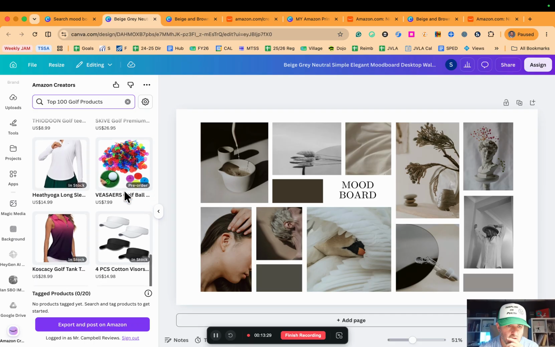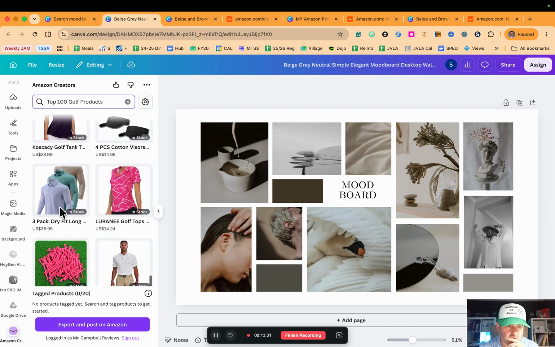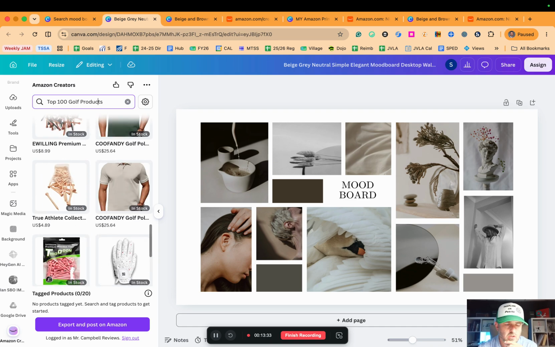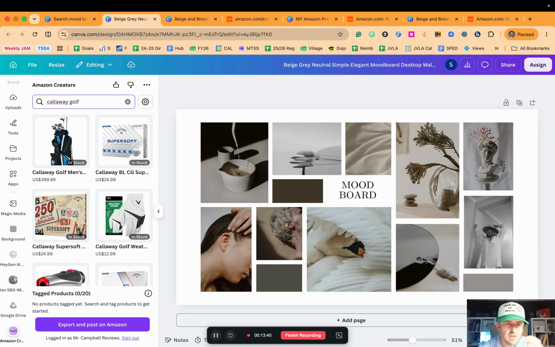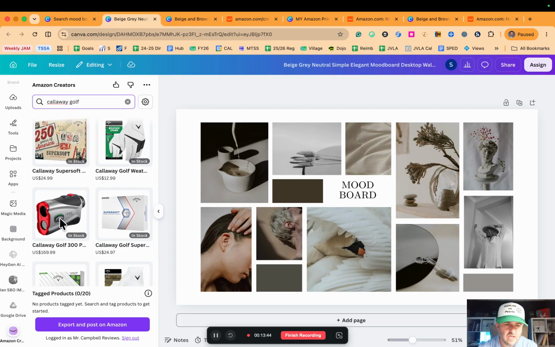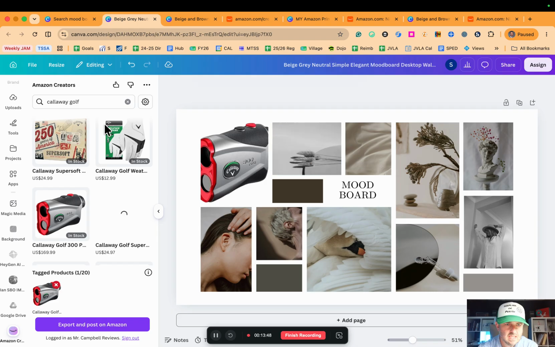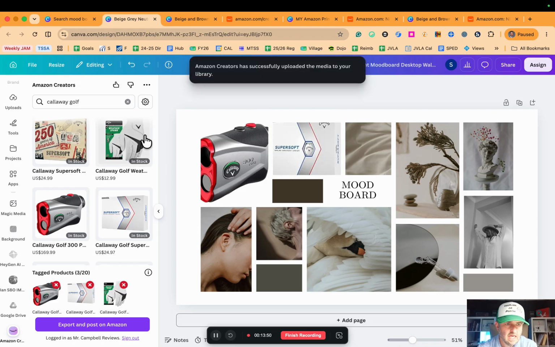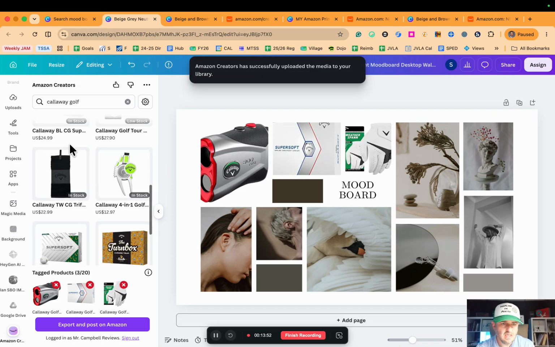This is a ball marker, visors, hats, long sleeve tees. You know, we could do top Callaway golf if we just want to do Callaway. See what Callaway is offering. So now we're getting gloves, we're getting a rangefinder. So now we're getting into some products that actually would just, you know, make sense. I can drag them in. And you'll notice as I'm dragging them in